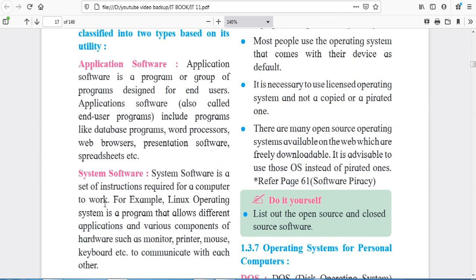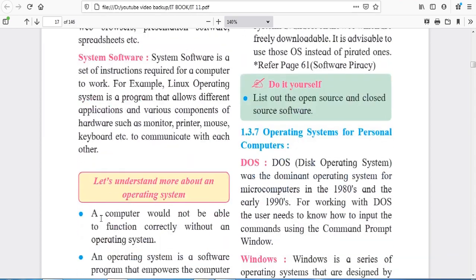So we all have to have that bridge between user and machine, so our instructions can be converted into machine language. So this system software helps us to convert our instructions into machine language. For example, Linux is an operating system.